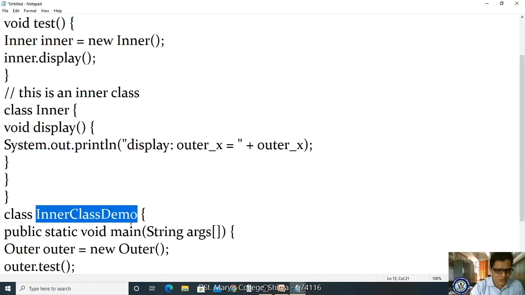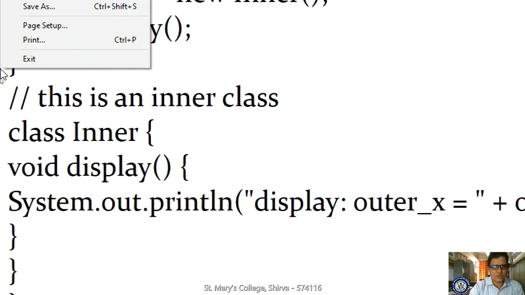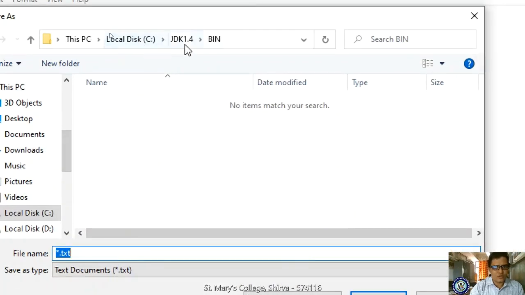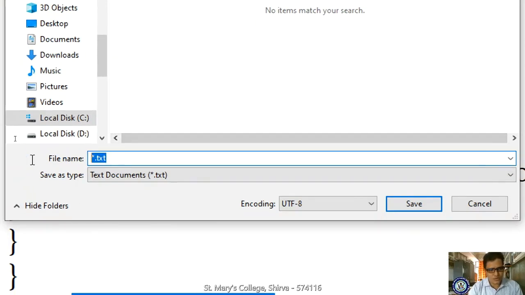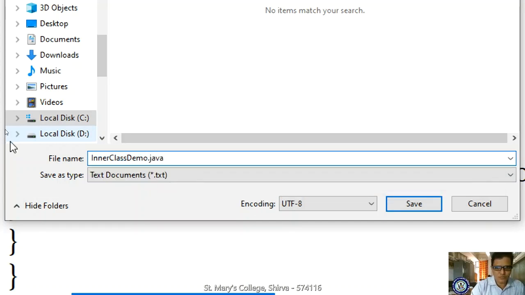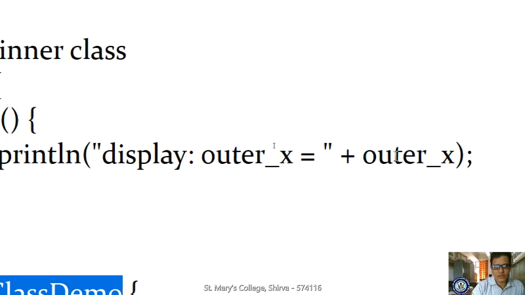InnerClassDemo. I am copying and saving. While saving you should ensure that you are saving in the correct folder. So what is our folder? In C drive, JDK 1.4 and bin. So how to save it? With InnerClassDemo.java. If the file already exists, it will be replaced. Yes, just click replace.